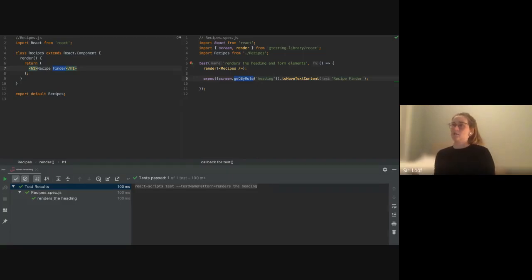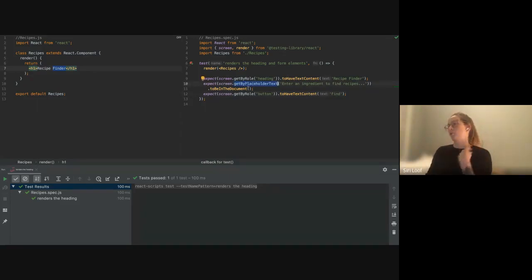Things that we can actually interact with as users, rather than how I used to write my tests with CSS classes and data attributes. But those are things that the user won't actually be able to interact with. So the idea with React Testing Library, I think more and more, is getting to being as close to how the user would test this in real life as possible. So we're going to make a couple more expectations in this test